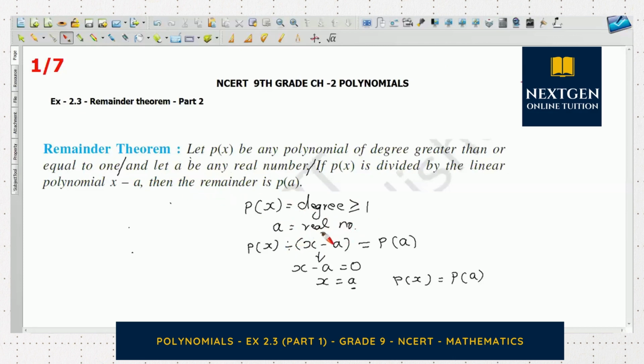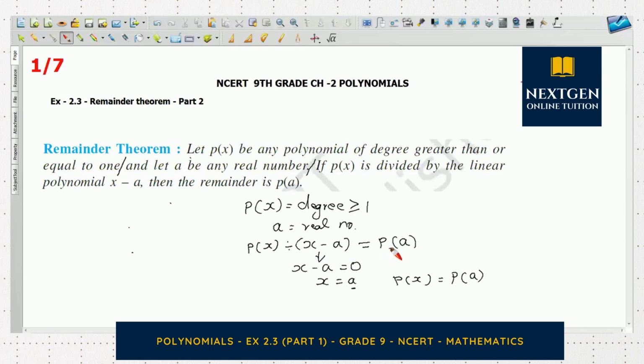If p of x is divided by the linear polynomial x minus a,